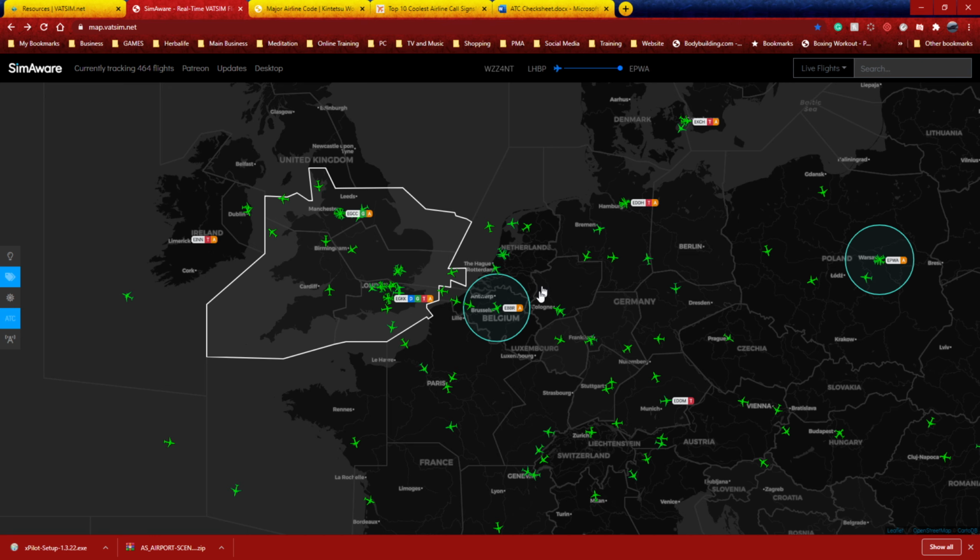The next one we have got is the approach guys. So the approach departure, and as you can see, it's a blue circle. They will have a radius around the airport where they will guide people in or out from the ILS. So if you're flying in, you'll come into their radar. They will then contact you, or you may get handed over depending on where you've just come from. They will then guide you into the ILS and then hand you over to tower, who will then land you,